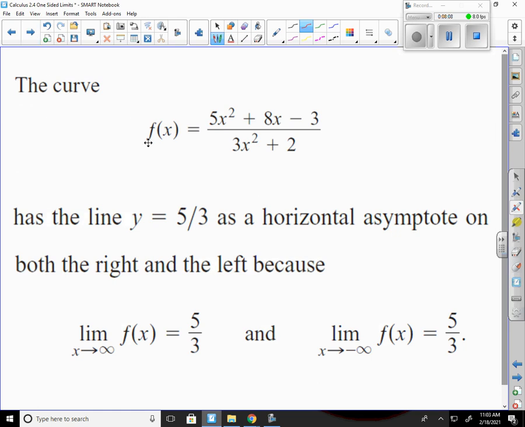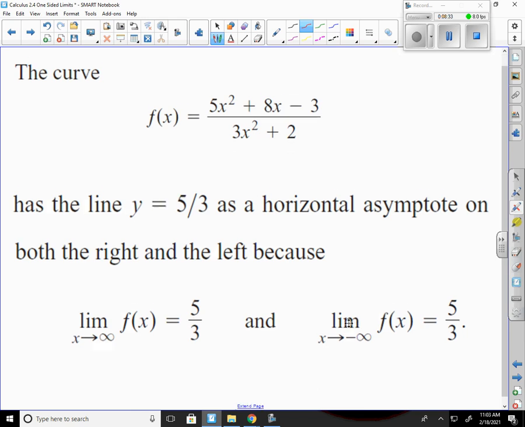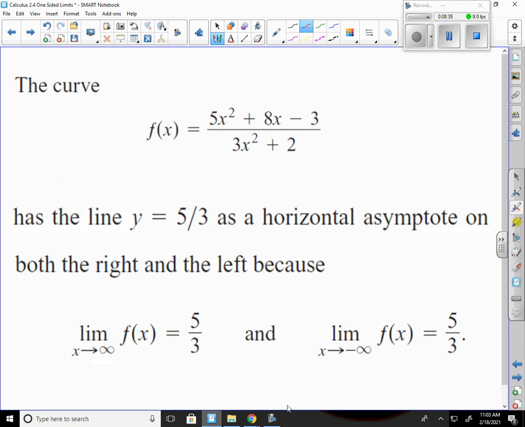All right, so we start with the curve f of x equals 5x squared plus 8x minus 3 over 3x squared plus 2. It has the line y equals 5/3 as a horizontal asymptote on both the right and left, because the limit as x approaches infinity of f of x equals 5/3, and the limit as x approaches negative infinity of f of x equals 5/3. If I needed to graph that in Desmos to see that that's true,